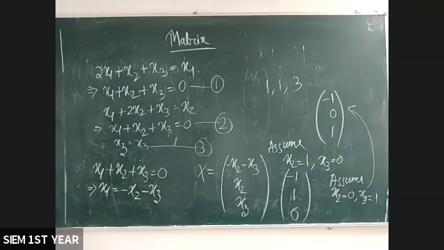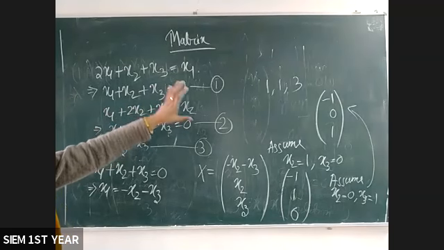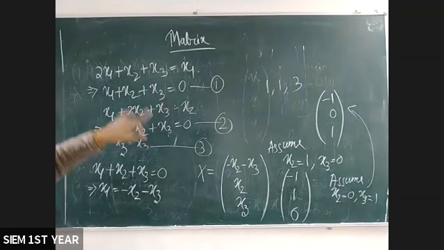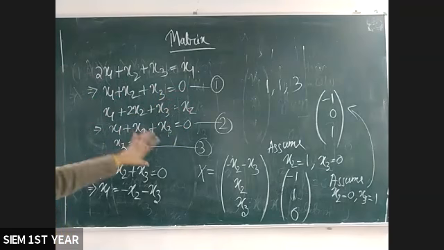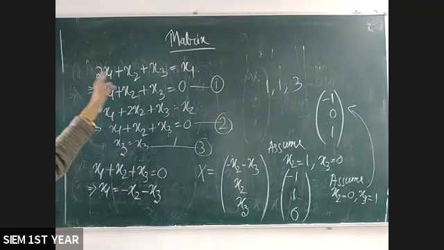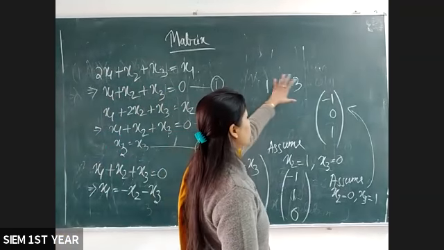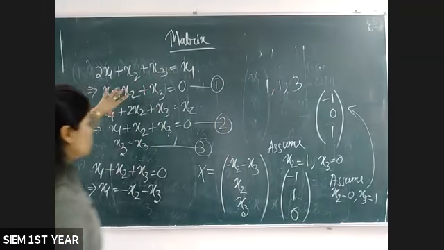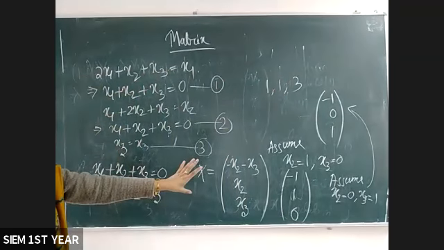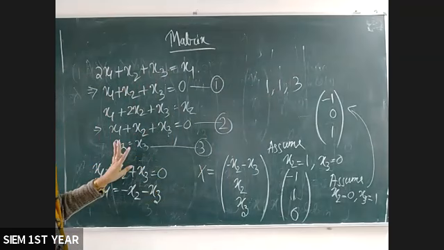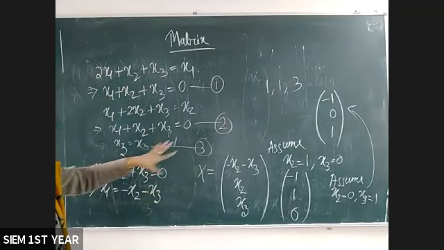First I am considering this one: if your eigenvalues are different, then you need case 1, case 2, case 3. For lambda, suppose there are 3 eigenvalues 1, 2, 3. If all the values are different, then you need to consider this type of calculation 3 times. Okay, for 1, for 2, for 3.